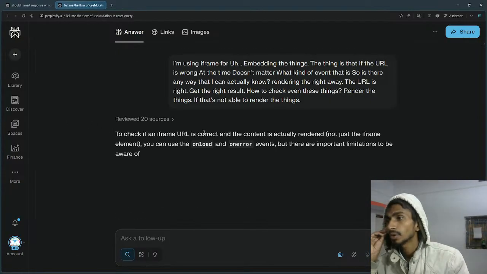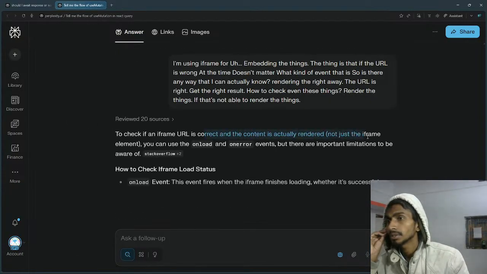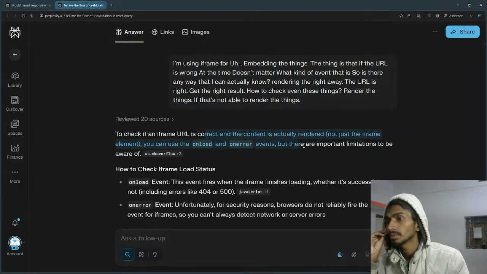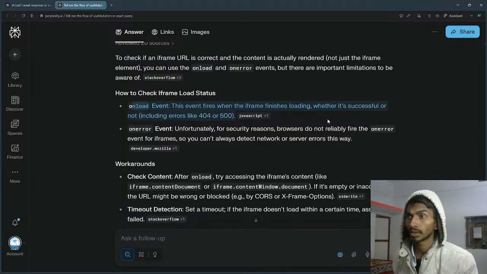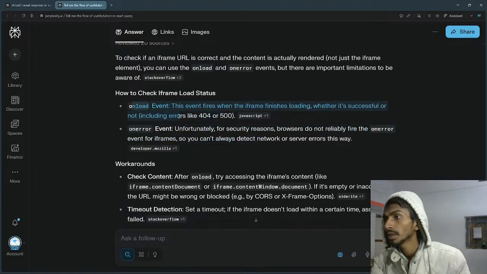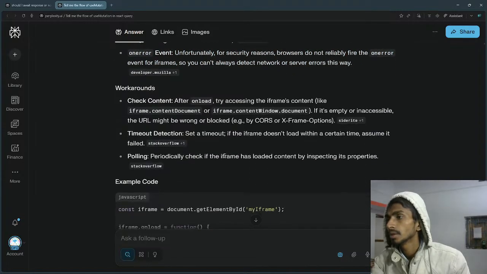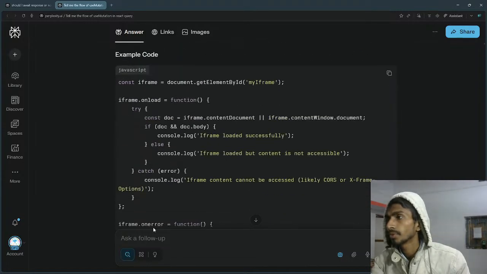To check if an iframe URL is correct, the content is actually rendered, not just the iframe element. You can use the onload or onerror events, but there are important limitations to be aware of. How we check onload: this event fires when the iframe finishes loading, whether it's successful or not, including errors like 404 or 500. On the onerror event, unfortunately for security reasons, browsers don't reliably fire it. Okay, check onload. So that iframe that I have, that onload